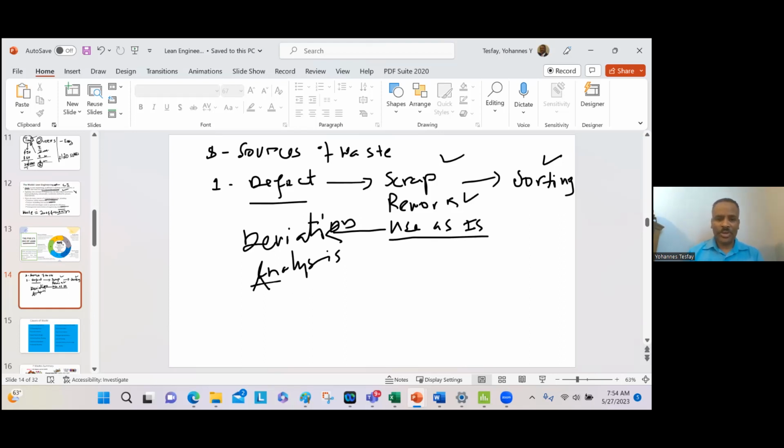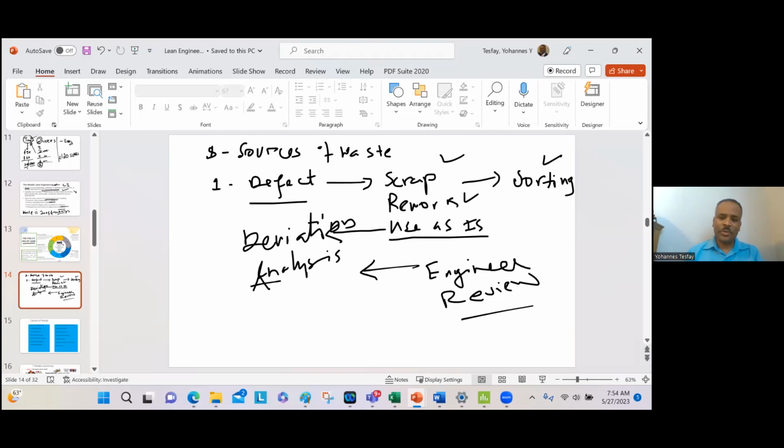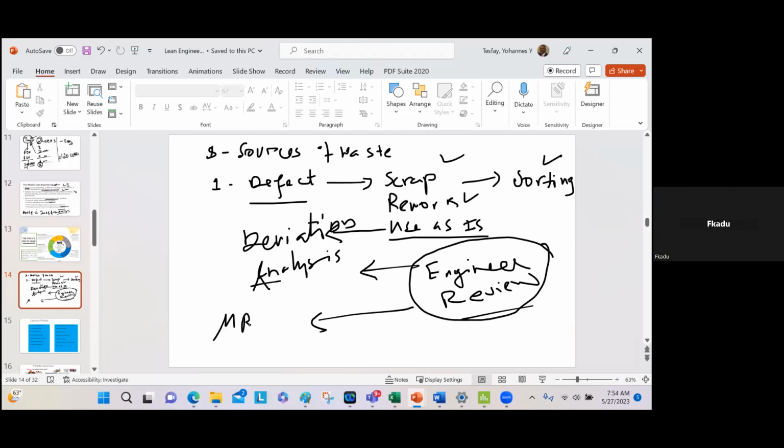Now what is it? There is a defect, then we are going to review it. Who reviews that? The engineer is going to review it. What is the engineering team that does this review called? It's called MRB. MRB is nothing but material